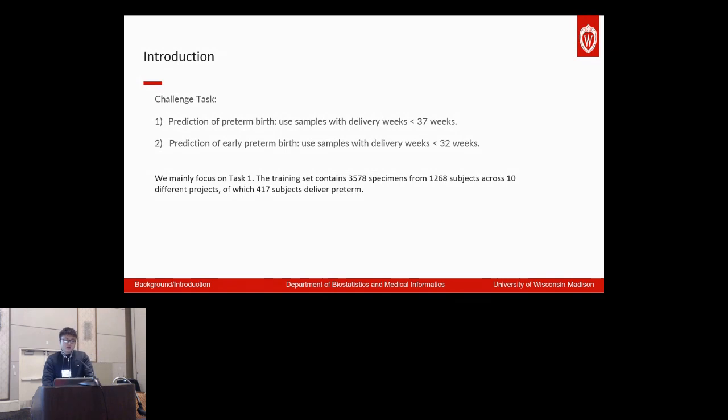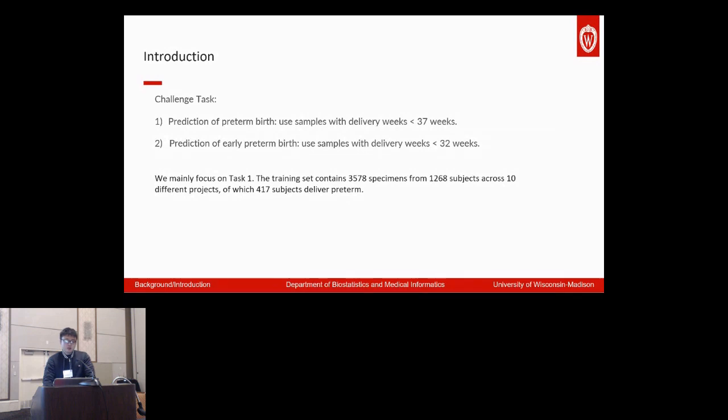Preterm birth is defined as birth prior to 37 weeks of gestation. Task two is the prediction of early preterm birth, which is defined as birth prior to 32 weeks of gestation. Our team mainly focuses on task one.